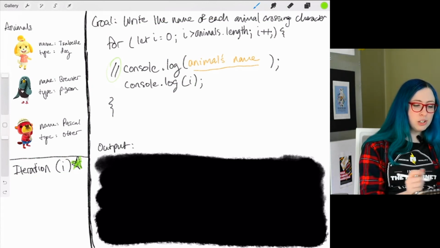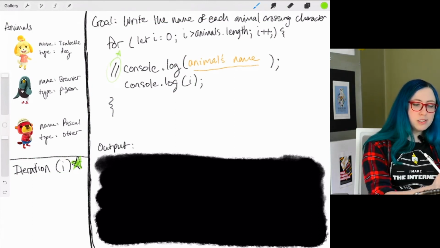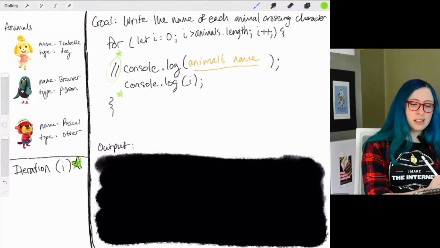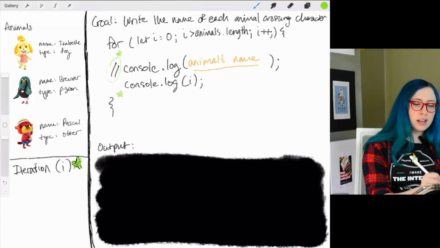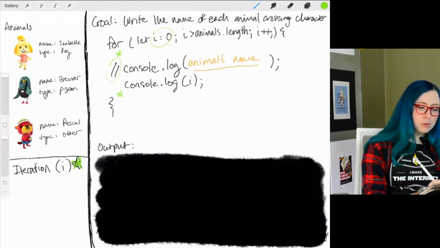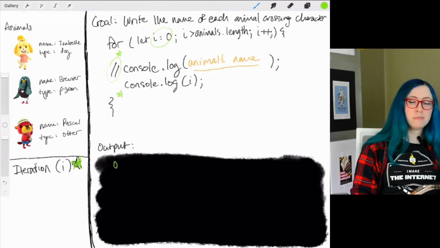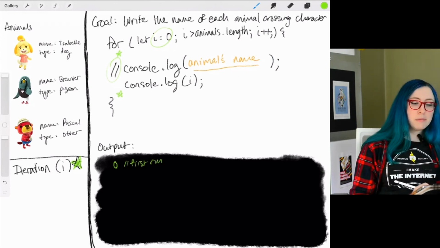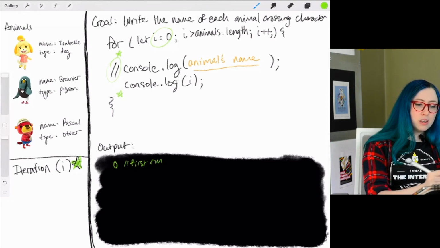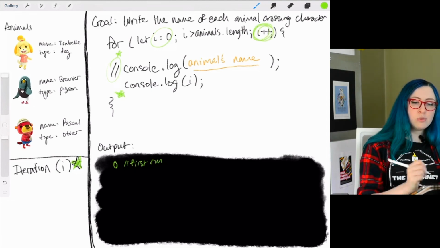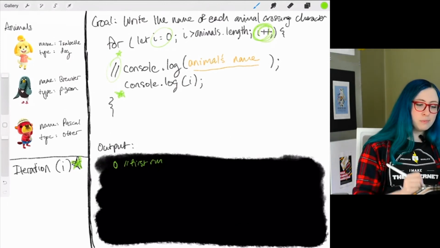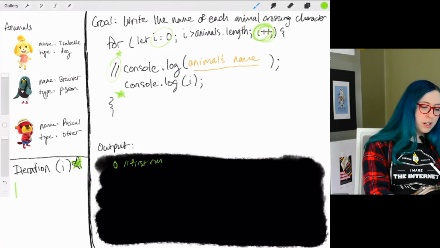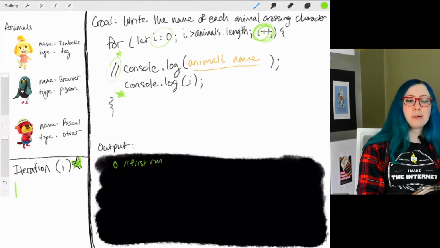So first iteration is 0, and we always start inside the block and end inside the block when going through our output. So our first output is going to be console.log the value of i. Right now, i is 0. So here we are going to put 0 in our output. That's the first run. Okay, so now, easy peasy. At the end, this says we're going to increment i++. So now this i++ is going to put down 1 in the iteration. It's like 1 in the tally box.